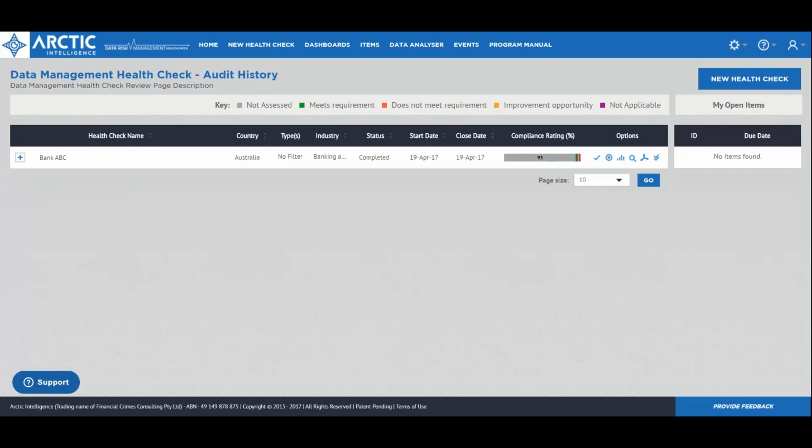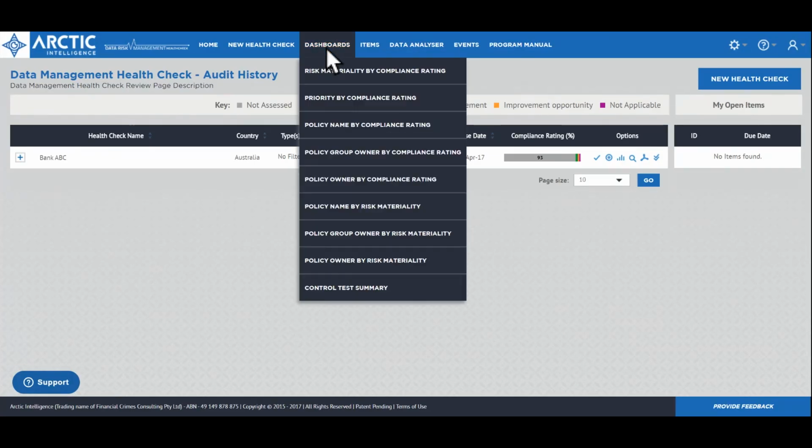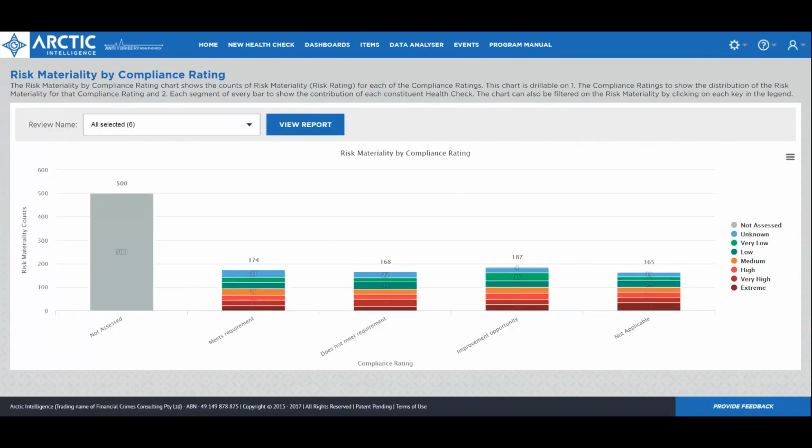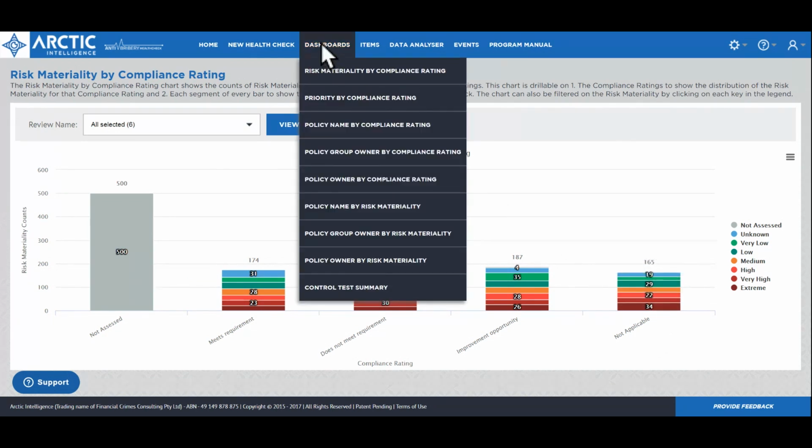The health check platform comes with dashboards that provide different lenses into the data completed as part of the main assurance assessment process. The standard dashboard reports include: Dashboard 1 is called Risk Materiality by Compliance Rating, which summarizes obligations assessed as having potential exposure for non-compliance, assessed against the severity of the regulatory risk resulting from being assessed as